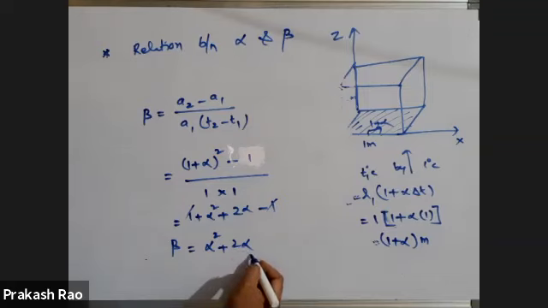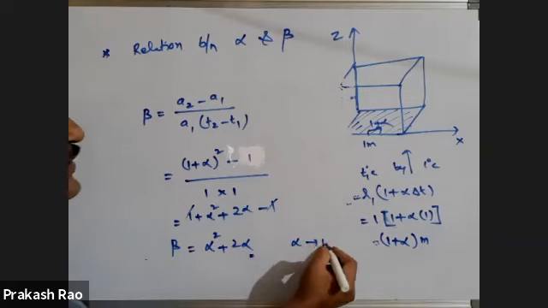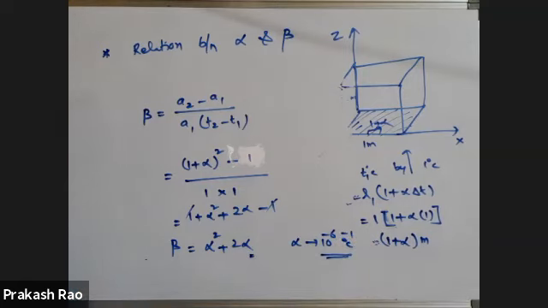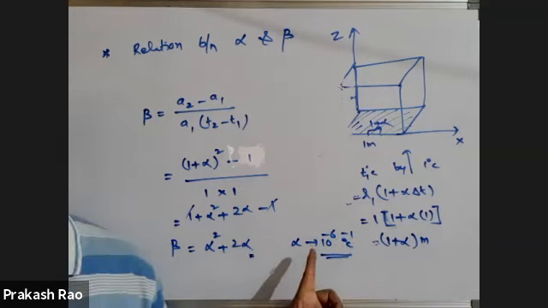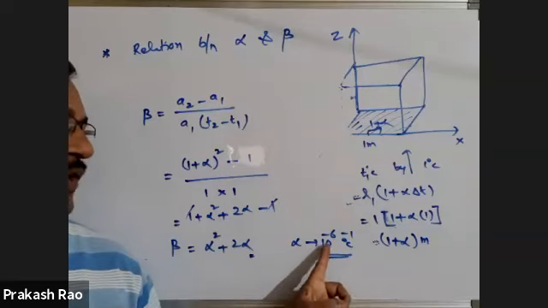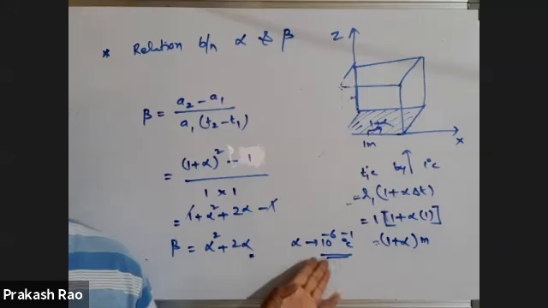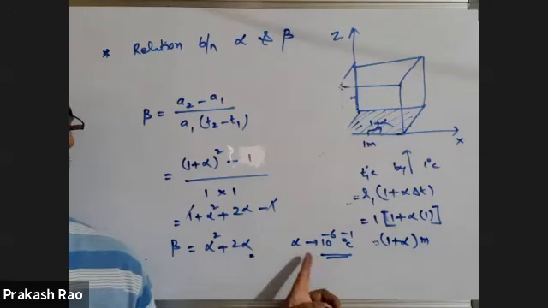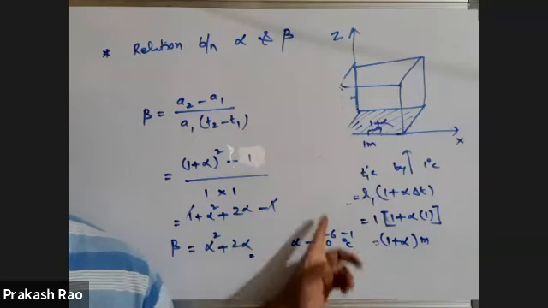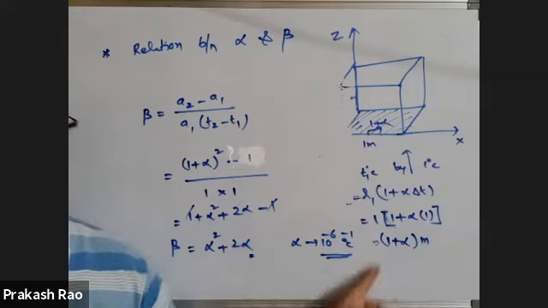The alpha value is in the order of 10 to the power of minus 6. Please remember this. For most of the materials, the value of alpha is in the range of 10 power minus 6. Suppose if you take aluminium, it may be 13 into 10 power minus 6. Brass, 15 into 10 power minus 6. Any other material, 101 into 10 power minus 6. Like that you will get.